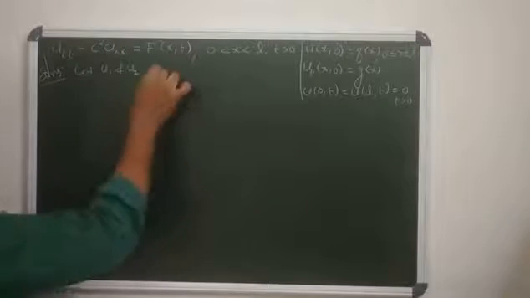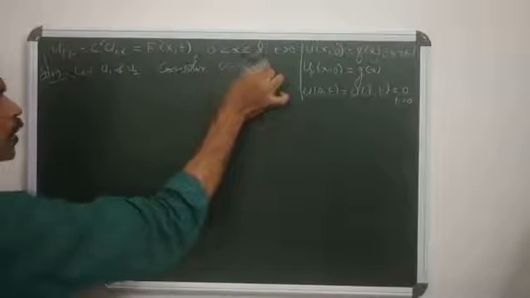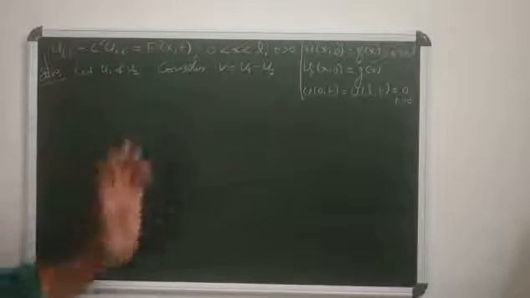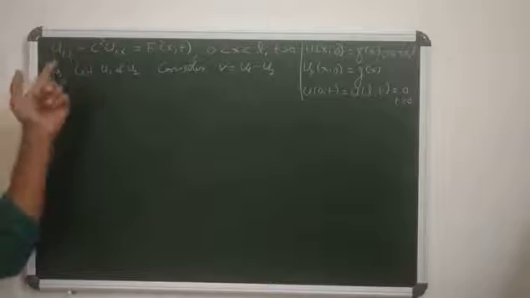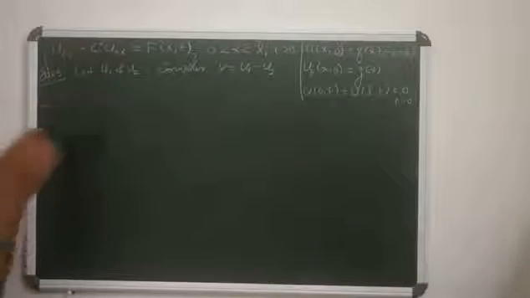So consider v equals u1 minus u2. Now to show u1 equals u2, it is enough to show that v equals 0. We assumed u1 and u2 are solutions of this equation, and now we have to show that u1 equals u2, that means when v equals u1 minus u2, v equals 0. So let v equals u1 minus u2, which is a solution of the equation